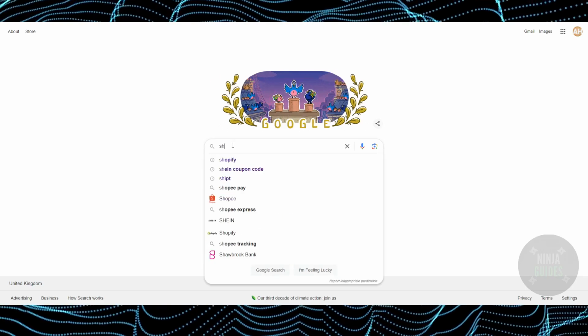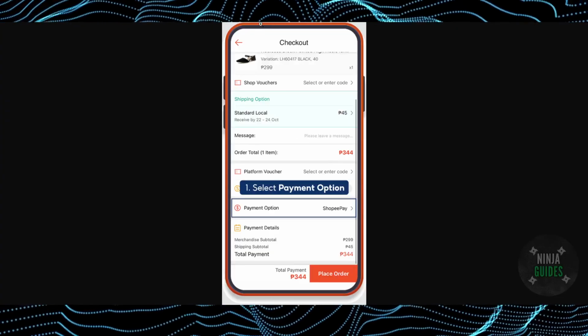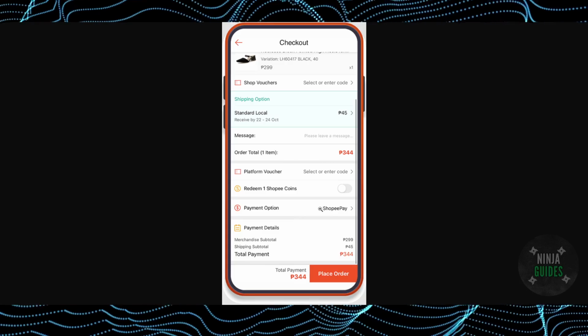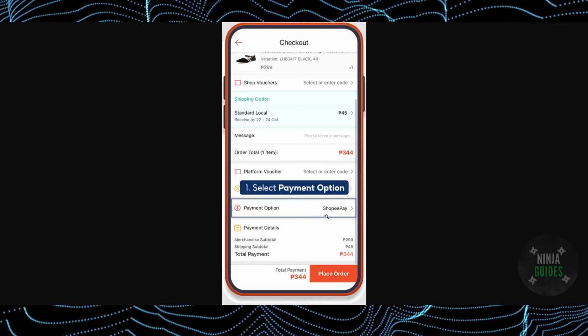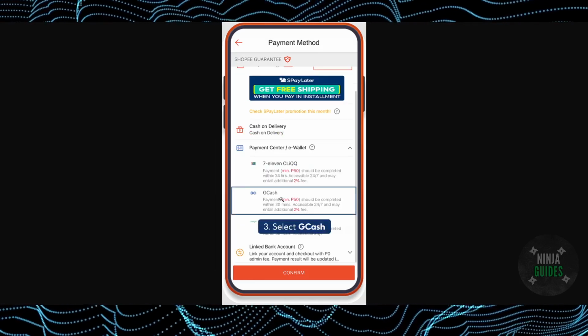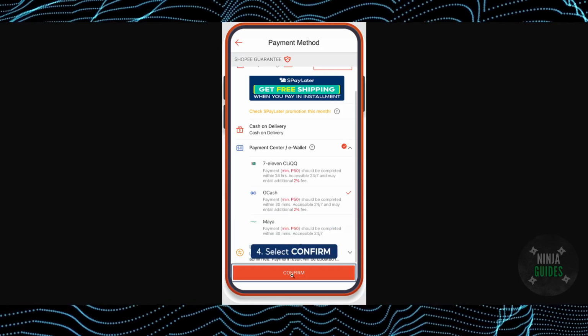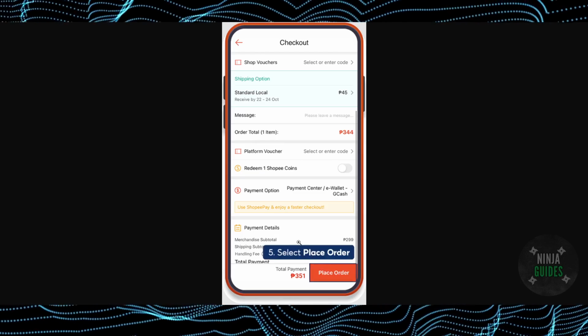Well, the process for that is pretty simple. In order to do that, you need to follow these simple instructions. First things first, you just need to select your payment method after in the checkout. Now, in the payment options, select payment center slash e-wallet and then simply select Gcash as a payment method. And then in the Gcash, you will be able to tap on confirm and then simply tap on place order